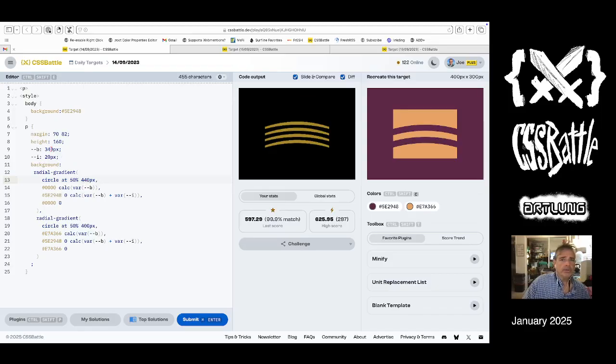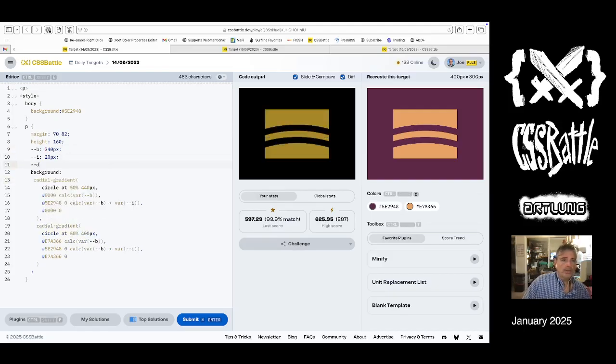that needs to be played with. So these numbers are correlated. The 340 here and the 440 have a relationship. Call that D, and right now it's 100 difference. So let's say var b, calc var b plus var d. And then let's call this one, that was 100. And this one is